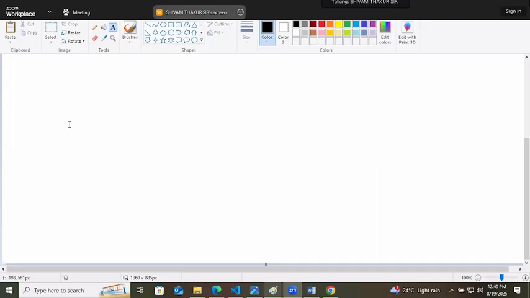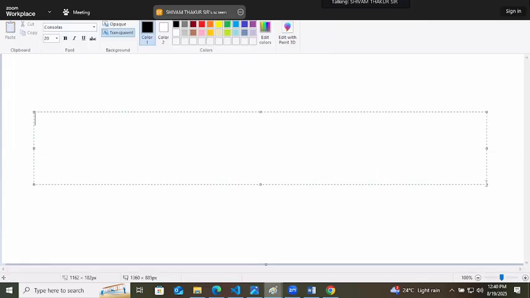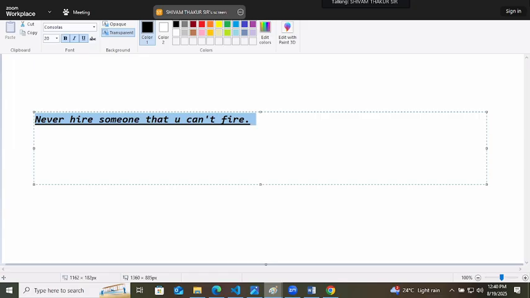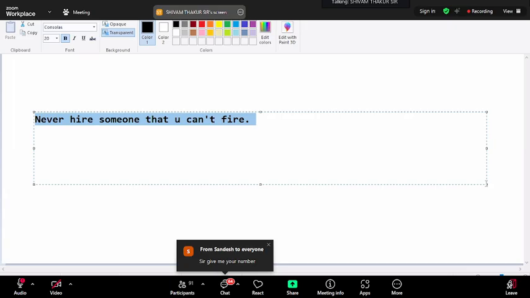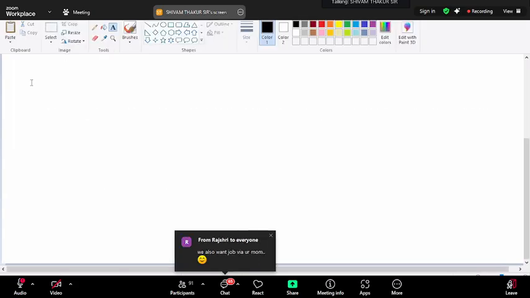Otherwise, after that, I took a line for myself: never hire someone that you can't fire. Never. Generally, I don't fire anyone because a lot of things are there. But after that incident, I took it in my brain that never hire someone that you can't fire. After that, to my cousins and a lot of relatives, I said, please find something else. I will refer you somewhere, but just don't join me.